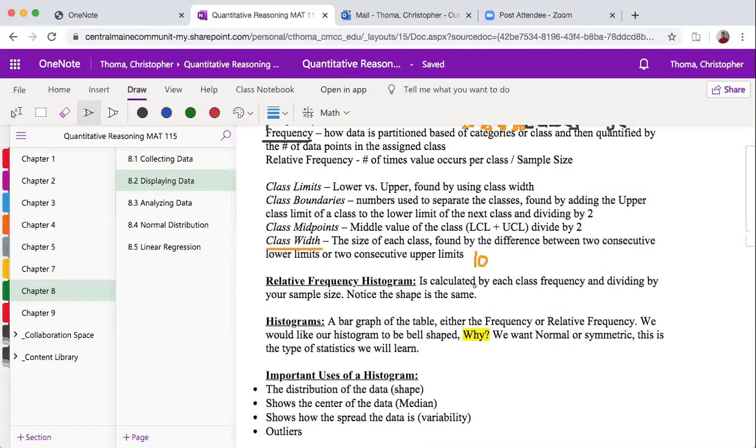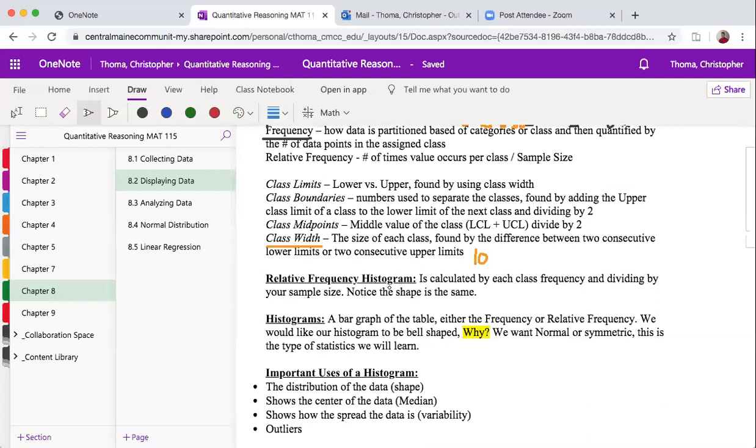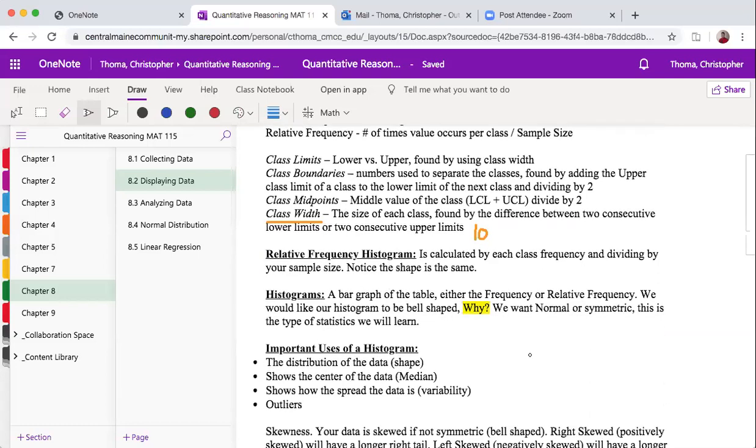As we said before, a relative frequency histogram is just where you turn everything into percentages. So why do we build histograms? In statistics, we want to look at the shape of our data. And typically, we want our data to be bell-shaped. We want our data to look like a lovely bell curve,